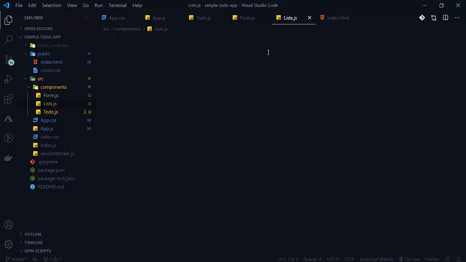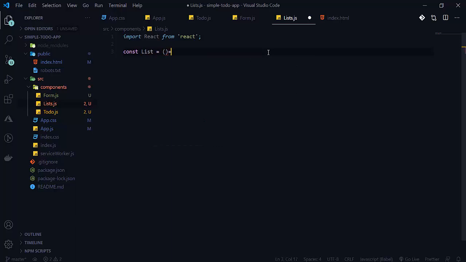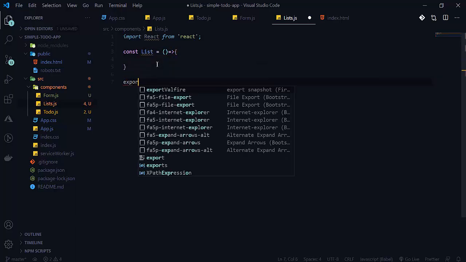So let's create our component here. So RAFCE, or let's write simply import React from React, and after that here we want only a constant here. So constant, and there will be list. After that there will be an arrow function, and let's export this.